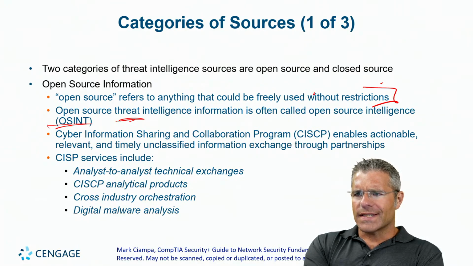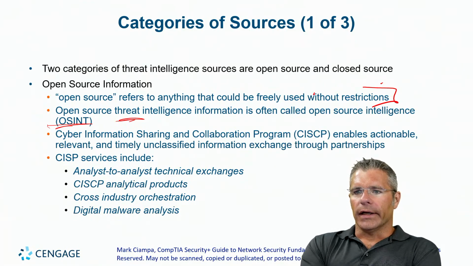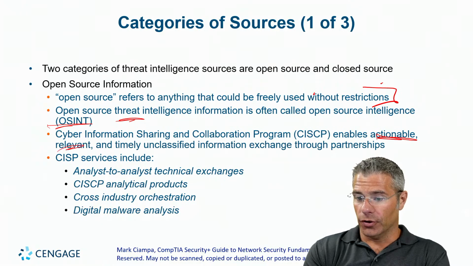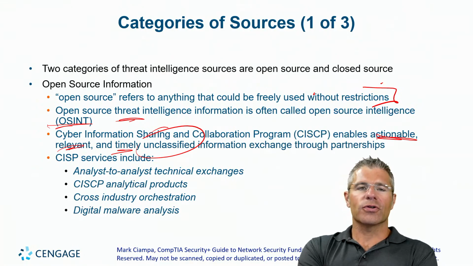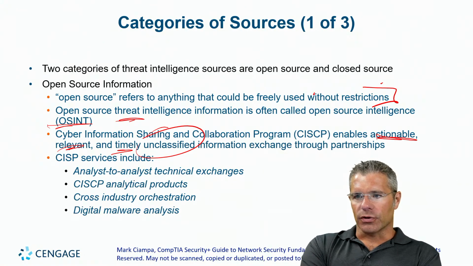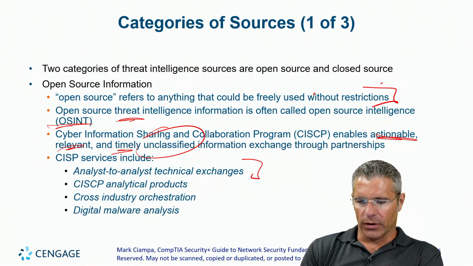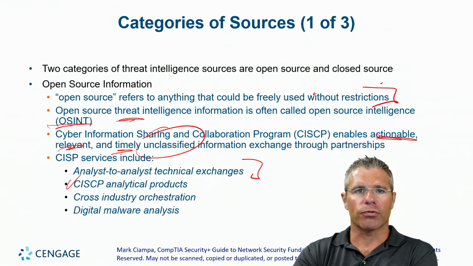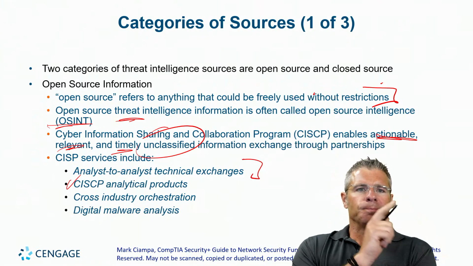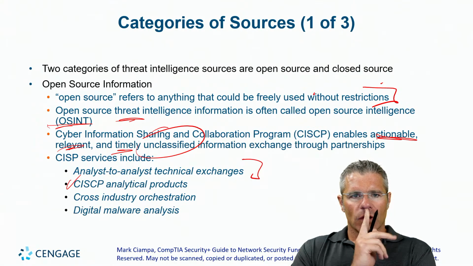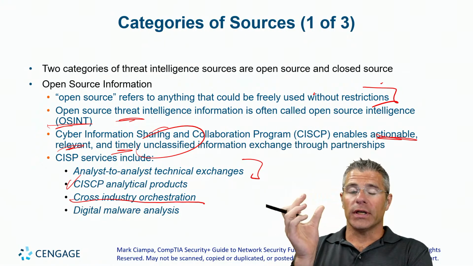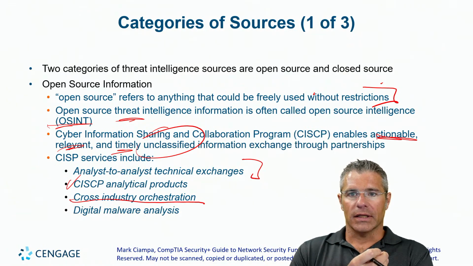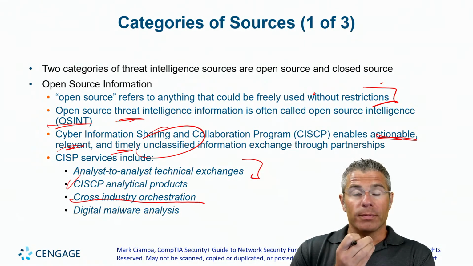Your favorite CISCP, or CSIP, is going around and providing actionable, relevant, and timely unclassified information exchange. So those are the kind of organizations that will trade industry-wide, or analyst techniques that they outlist here. The procedures they're using to go through and analyze information. And then that shared information across industries, and shared between industries. So if banking's got something going on, then the grocery people might benefit from that.